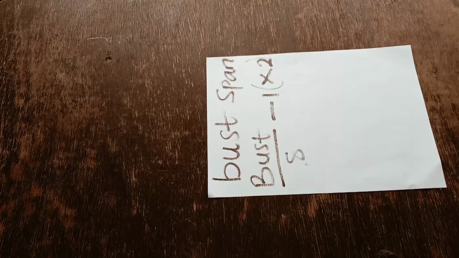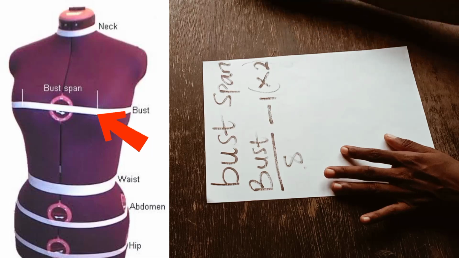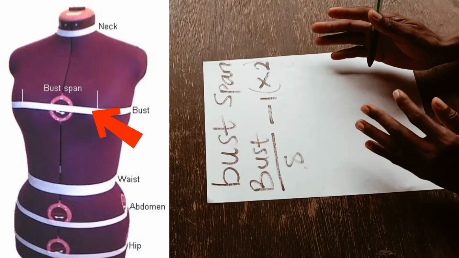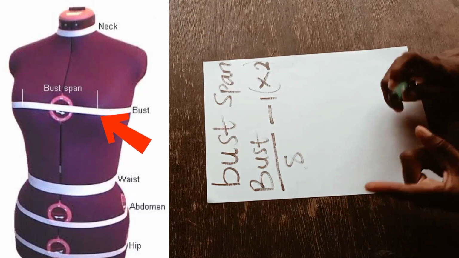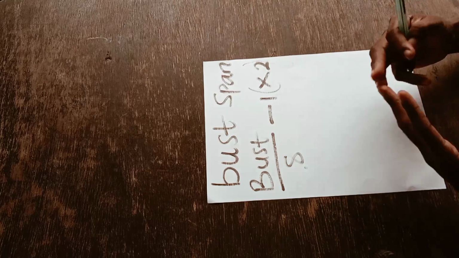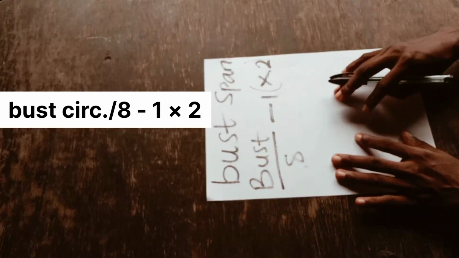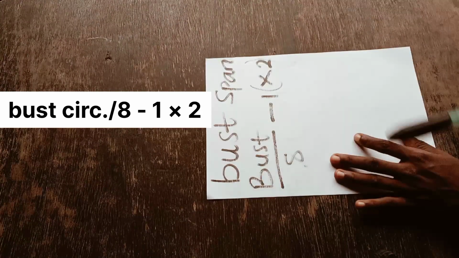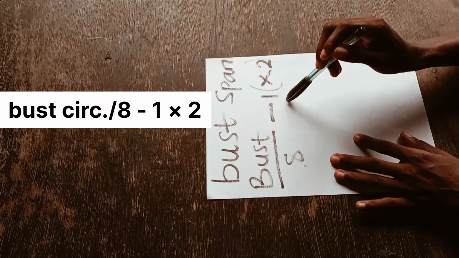The first measurement we are going to look at is the bust span. The bust span is also known as nipple to nipple. That is the measurement from one nipple point to another. So how do you get your bust span? It is calculated as your bust circumference, that is the horizontal measurement of your bust, divided by 8 minus 1